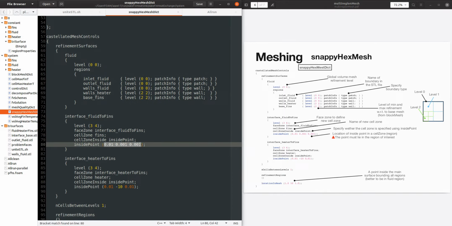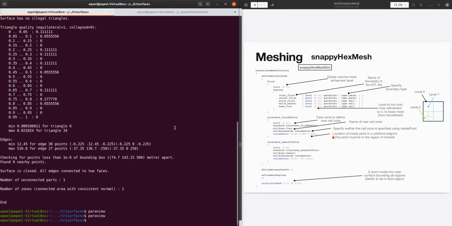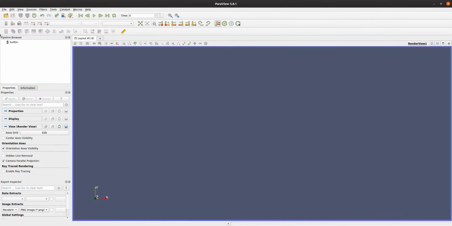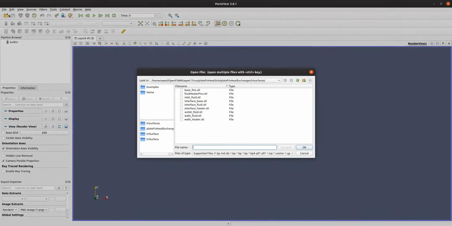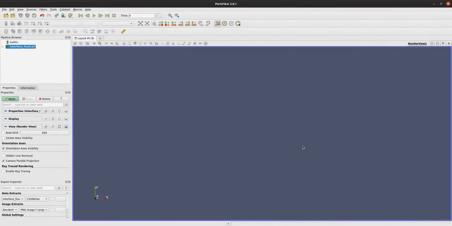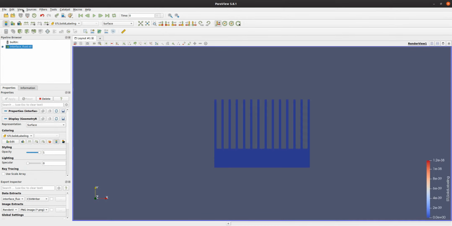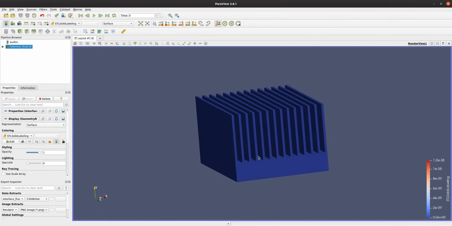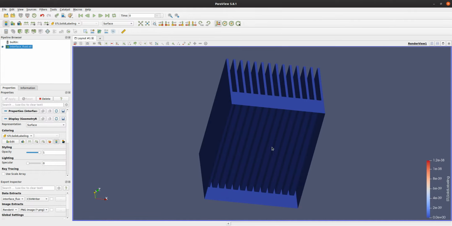And how can we check that? One way we can check that is we can run ParaView, and we can open the surface. For example, in this case we have interface fluids, and everything inside here is basically fins.